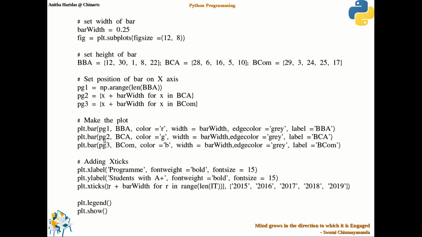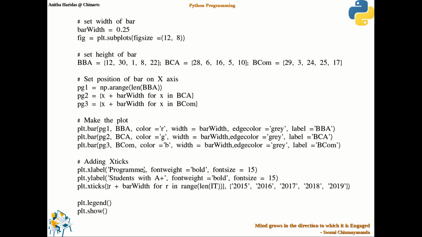Like that I am plotting 3 bar charts. One for BBA, the second one for BCA, and the third one for BCom, right? And the length is being calculated from these values, or you can call it the position of the bars. The position of the bars will be calculated based on the number of values you have given in each and every list.